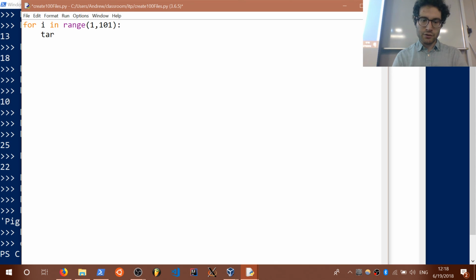This will create 100 files, by the way, and I'm going to delete them. I'm just going to run them in the current working directory. So target is equal to